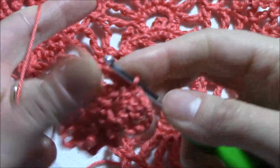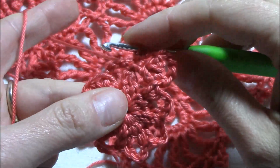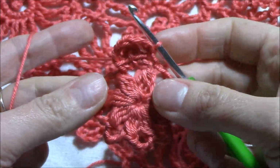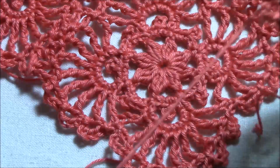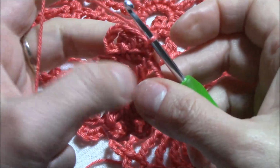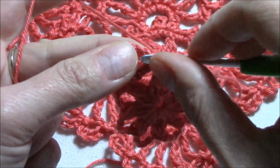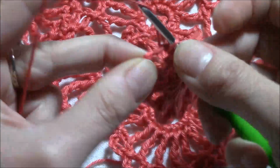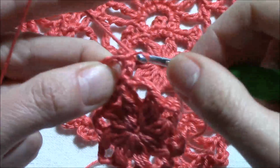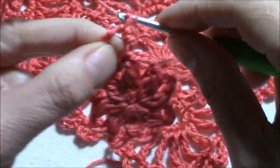And slip stitch to join. Now we are on the back side and we want to turn our work again with the front side. Now we are again with the front side, and around the chain 6 space we will work 11 single crochets. So 1, 2, 3,